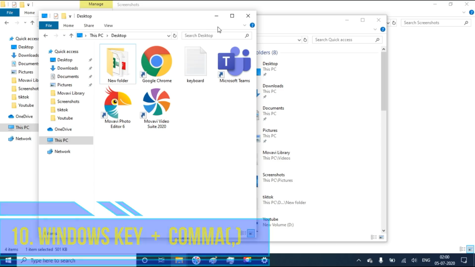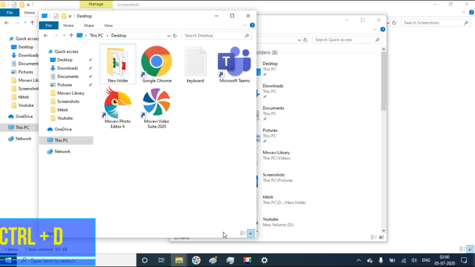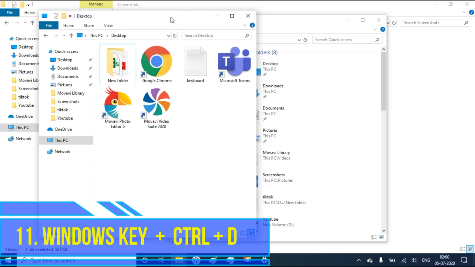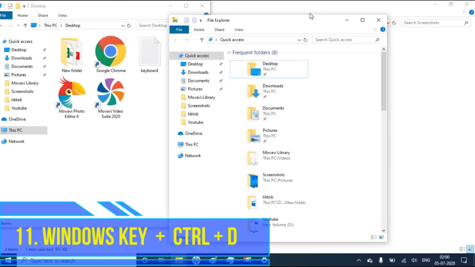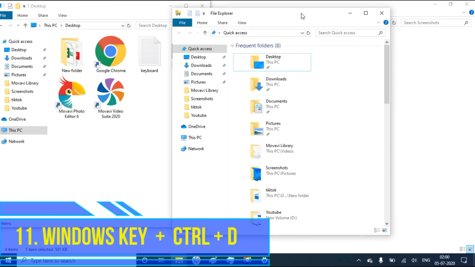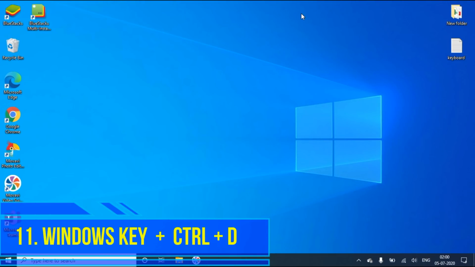So this is one interesting shortcut key. Then the 11th one: suppose in this desktop you open a lot of applications, so it is more confusing. Suppose you have to work on some other module, or some other people have to work on that PC, then you can create a new, clear desktop for them as a second desktop. For that you have to use Windows key, Control and D. Now it created a new desktop.